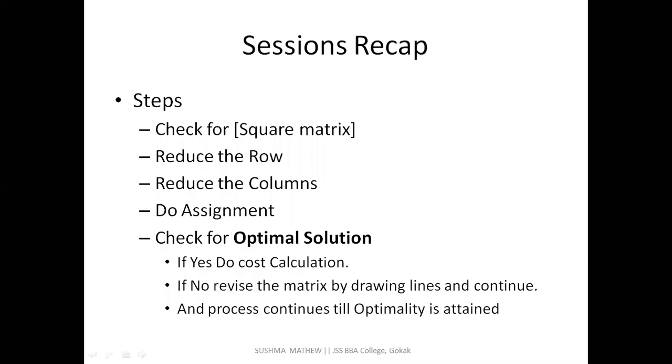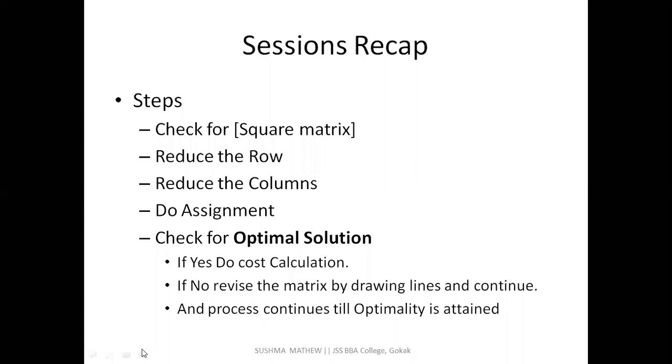We always check for square matrix. First thing is, this is just a session recap wherein we are talking about the normal routine steps that are to be kept in mind while solving the assignment problem. Whenever the problem is given, check whether it is a square matrix or not. If it is, then go for step 2, that is row reduction, column reduction, do the assignment, check for